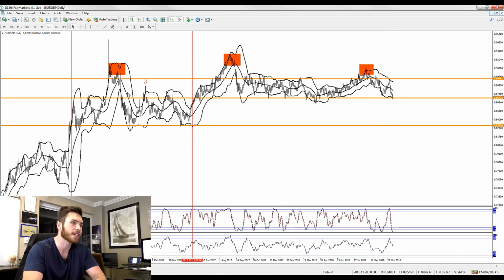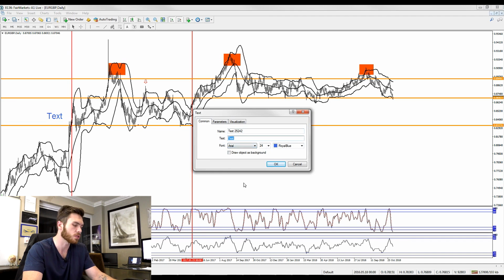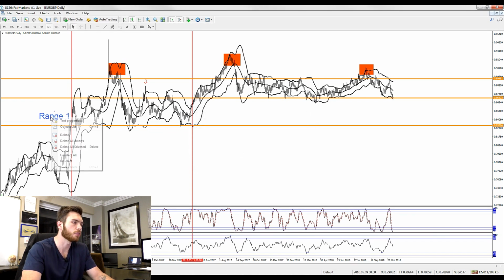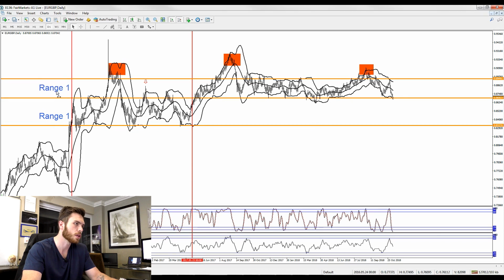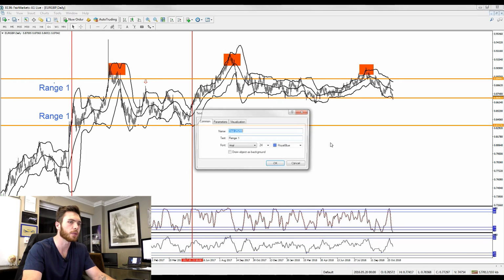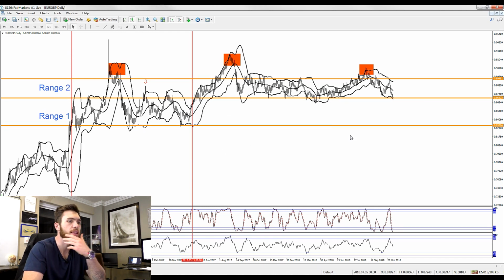Now, if we have a move back down to the downside to the previous range, we can call this range number 1, range 1. And if we look up over here, let me just quickly copy this. If we look up over here and we call this range 2, what you're going to see there is that we're now stuck within range 2, and